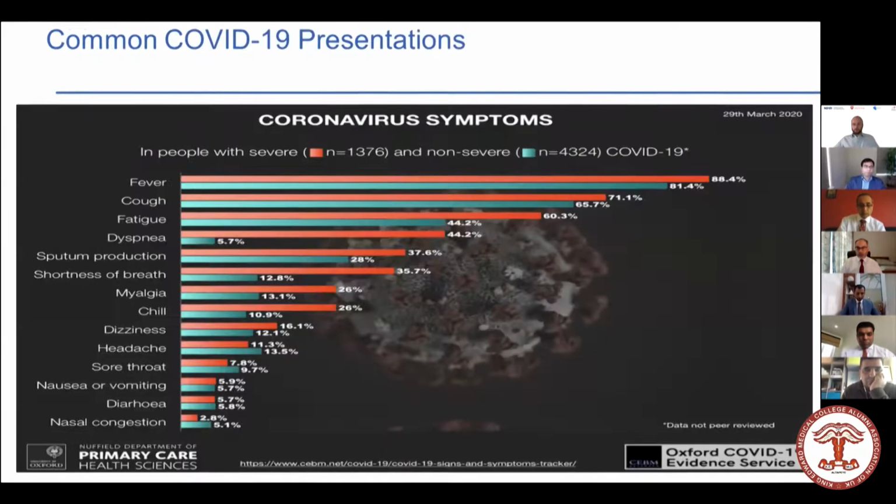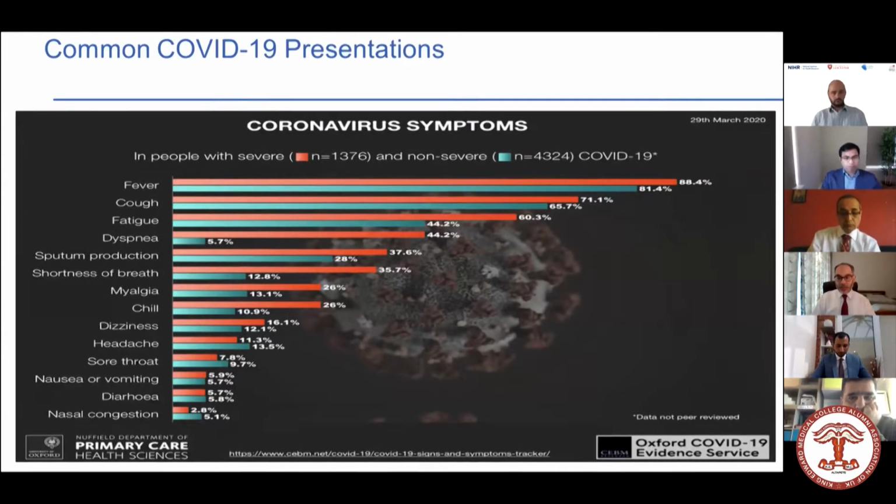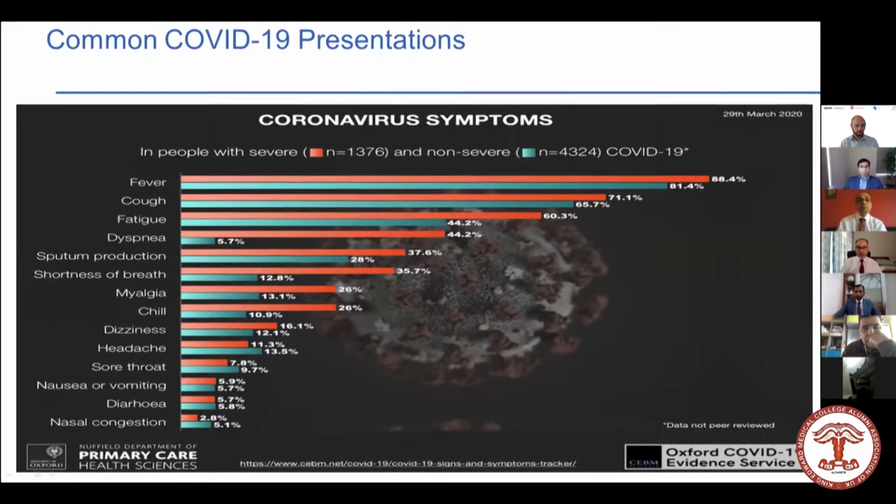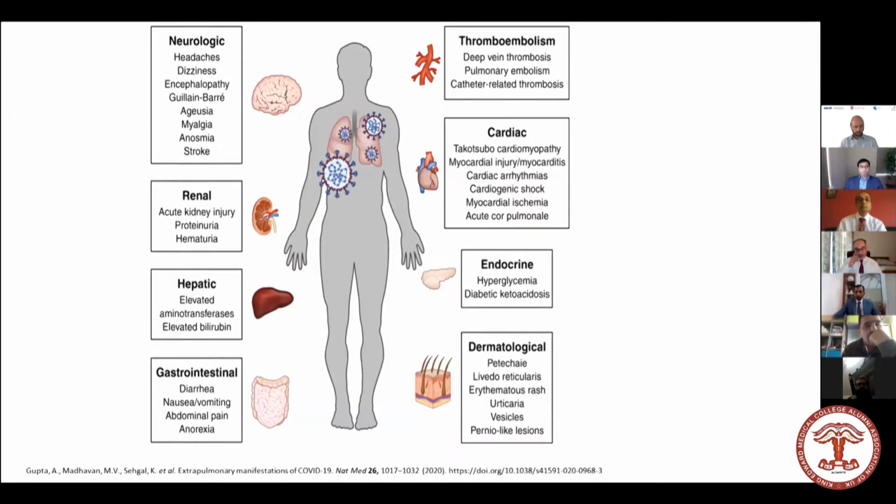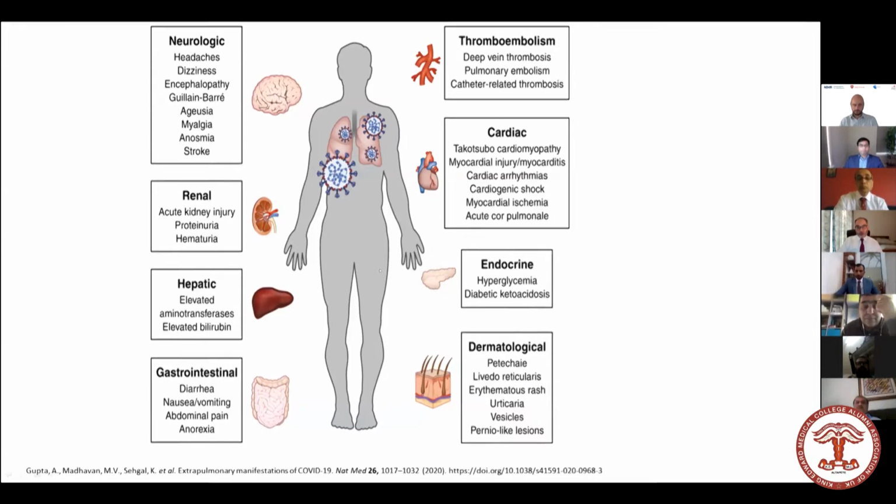This slide explains that we all know how common coronavirus is, and you can see the symptoms: fever, cough, fatigue, dyspnea. These are mainly chest symptoms, as you know. Then you have some neurological symptoms like dizziness and headache, and some GI symptoms. My talk is not about these today, so we swiftly move on to the next slide, which is a very good description of how COVID has involved so many systems.